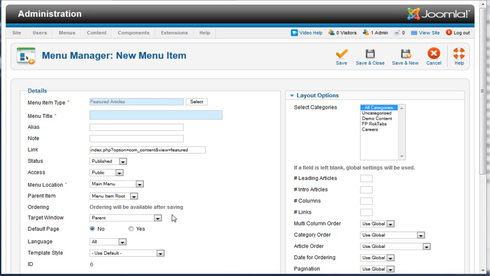If we're going to add a link to a featured article in one of our menus, we can do so by selecting that featured article link. When we do so, we need to give the link a title. Let the system generate the alias, or we can put one in ourselves. We can give ourselves a note here. We need to set the status, the access, the menu location of this link, the parent item of this link,